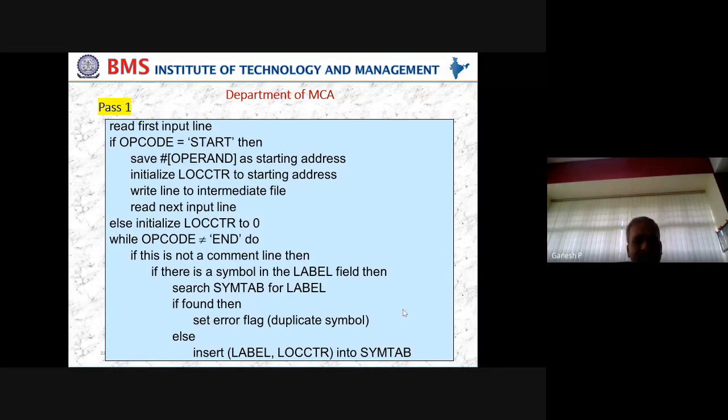What you have done so far is, you have seen the first line. If a start symbol is there, we take what is associated with the operand. We take that as the initial address, and we initialize the LOCCTR, which is called the location counter, like a program counter. LOCCTR is a counter, location counter.